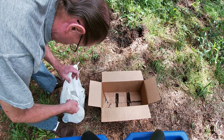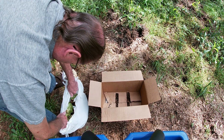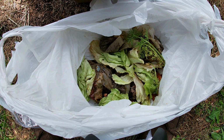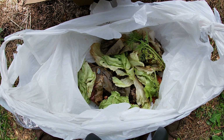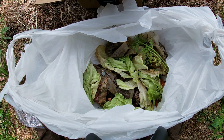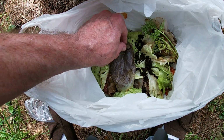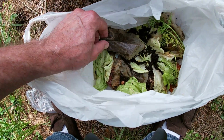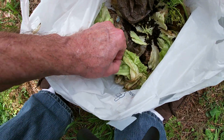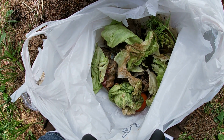of kitchen scraps right here. See, this is what I call my compost bag. I always keep it hanging on the front lower cabinet knob. And as I cut carrot tops off, this got coffee grounds in it, see? Coffee grounds. Some cleanings from a head of lettuce. Some tomatoes that went bad on me. Stuff of that nature. And I just save it in this bag